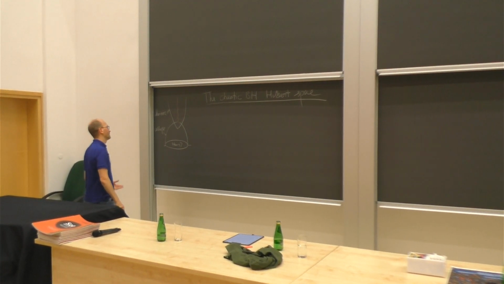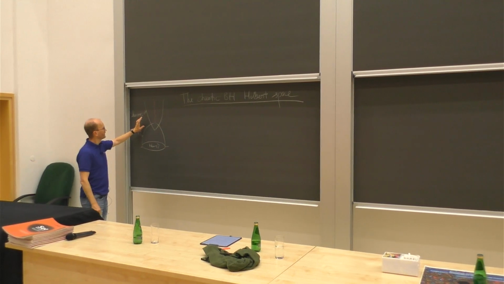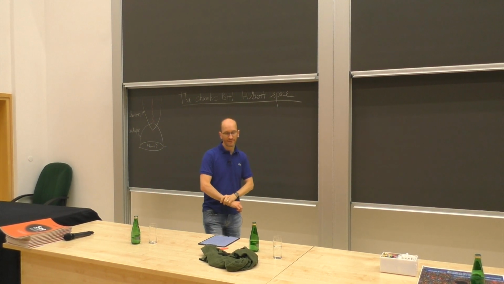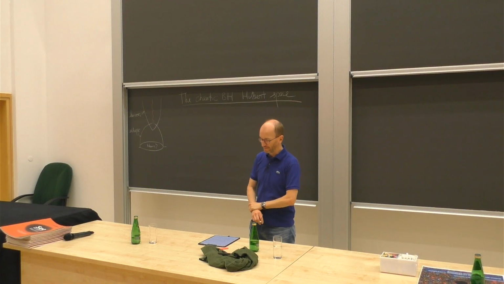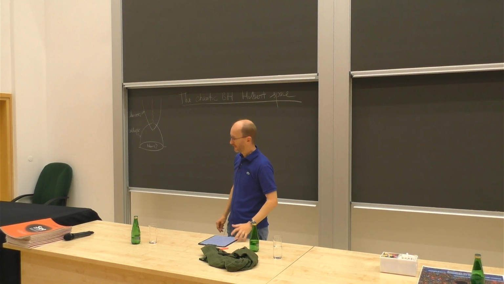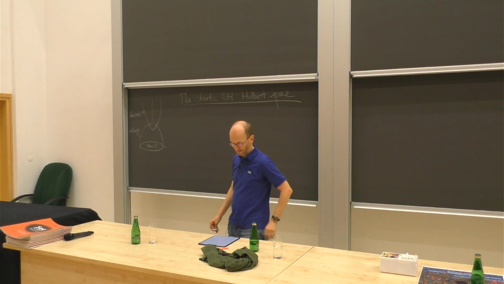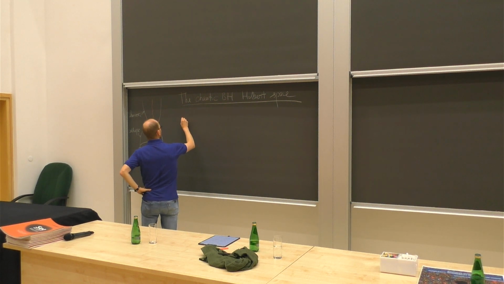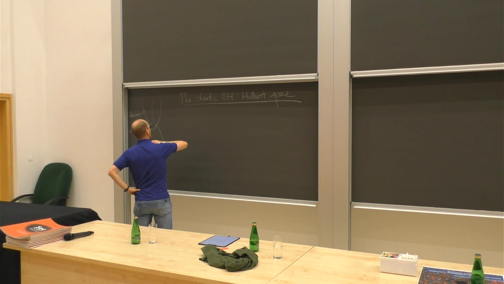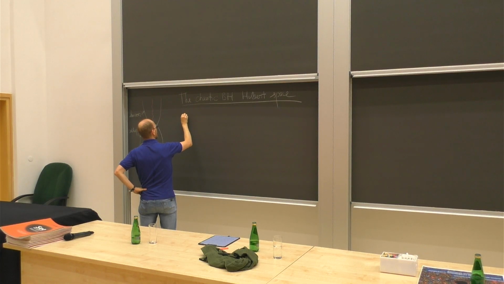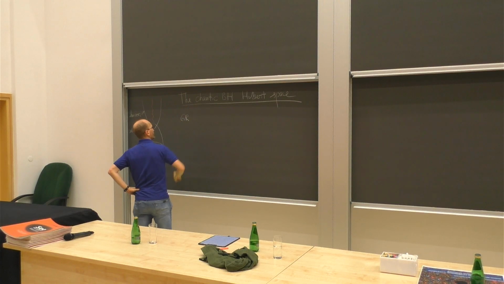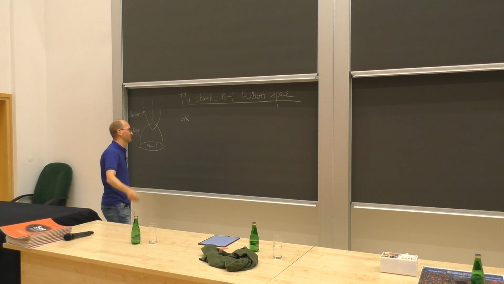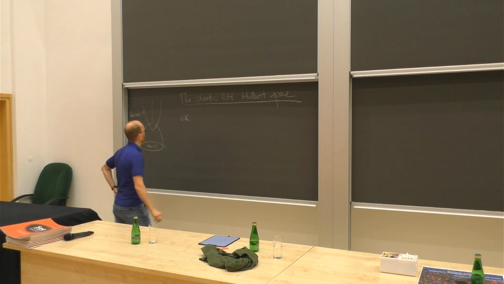And I'd like to make that a bit more precise, but before doing so, I'd like to say a couple of words about the horizon and introduce some ideas from, let's say, modern ways of thinking about gravity and even quantum gravity. So the first thing I want to say is that GR, or if you do a semi-classical quantization of GR, so you take into account the leading quantum corrections,